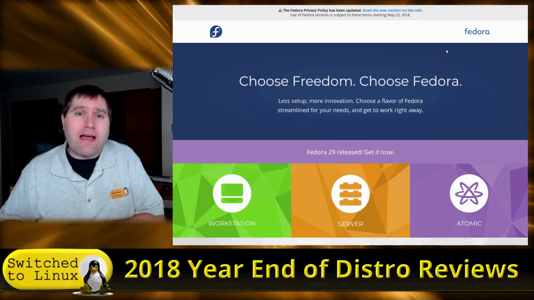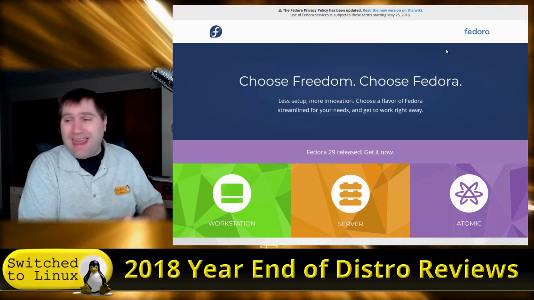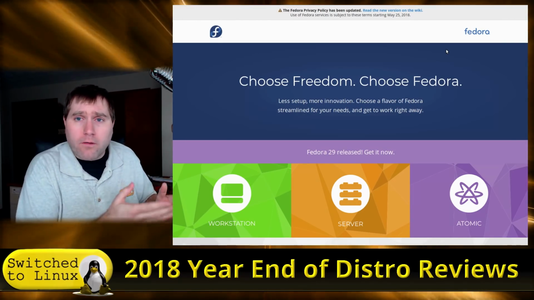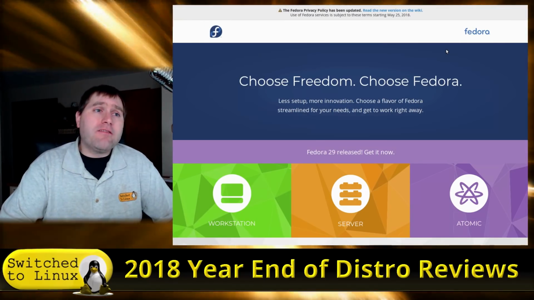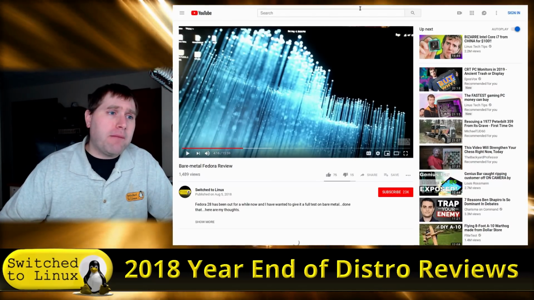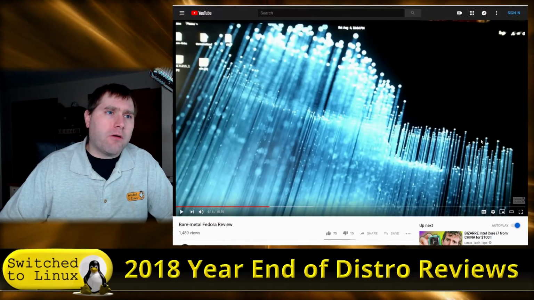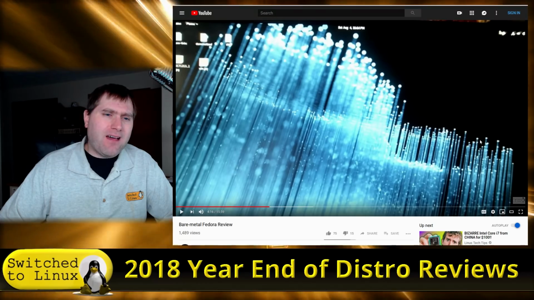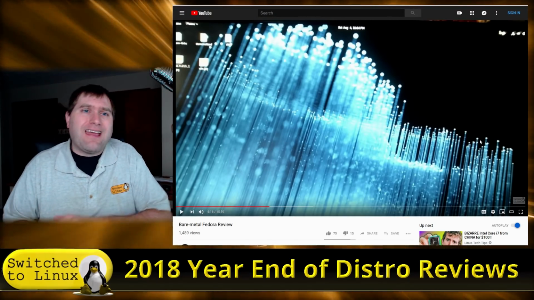Some of it is the fact that the first time I was using GNOME, the second time I was using KDE, which I prefer KDE or Plasma over the GNOME desktop. But the first time ran into a lot of issues. Now, part of this is, if I remember correctly, I think this was actually running Fedora 28, which caused some issues. This is still Fedora, still was very difficult to get setting up.